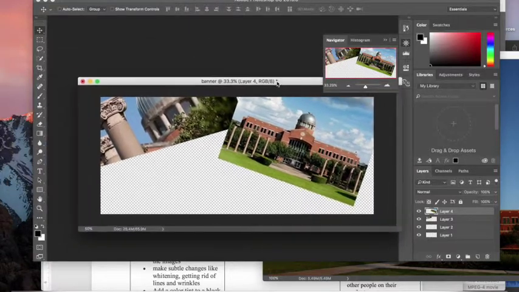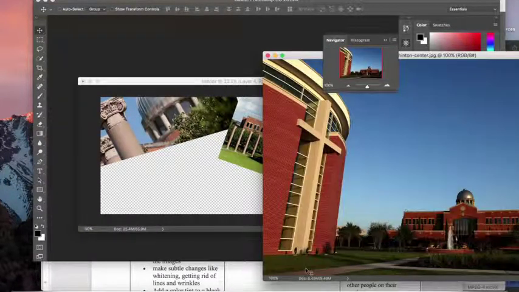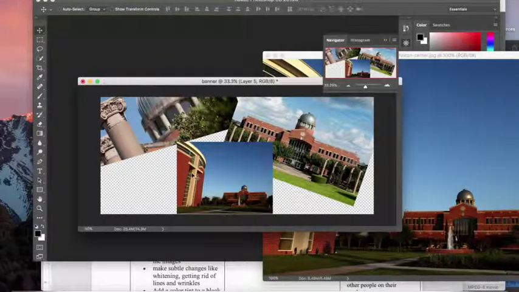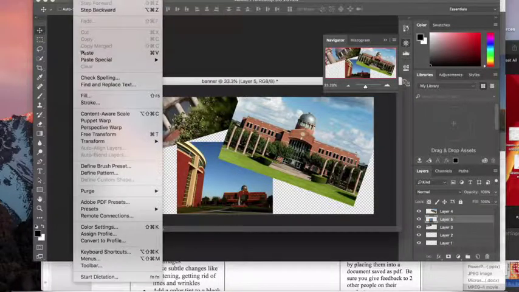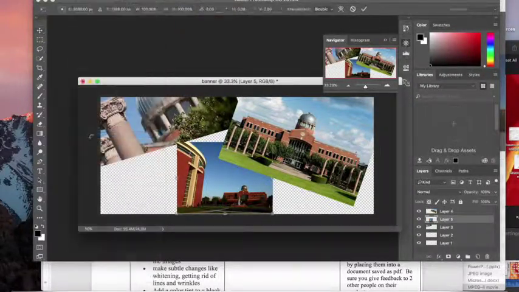Let's see. I had a picture, yes, of Beeline right here. So I'm going to click and move it over. And of course, it's going to drop it onto a new layer. Actually, I'm going to close that one out now that I've used it. Since it has Hinton in here anyways, I think I'm going to go ahead and move that down a layer so that this is on top. Now I'm also going to go to Edit, Free Transform,